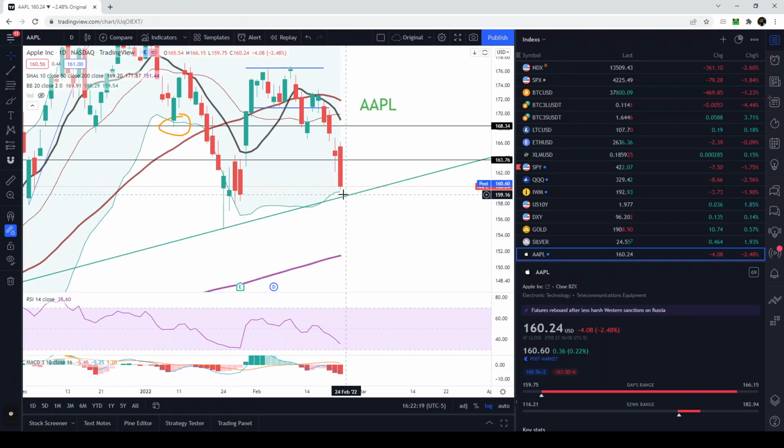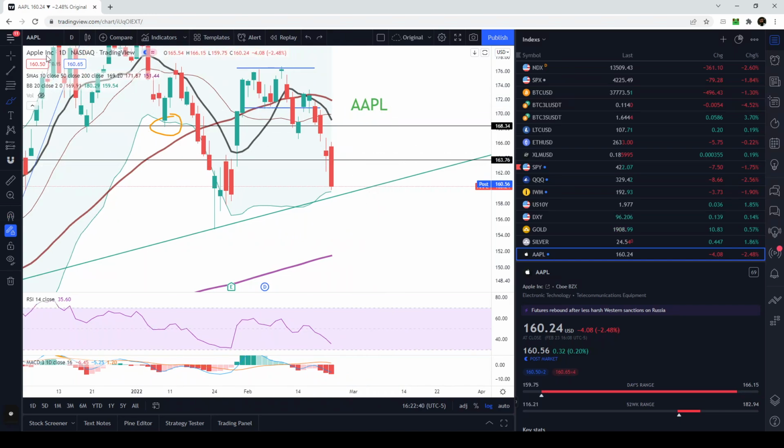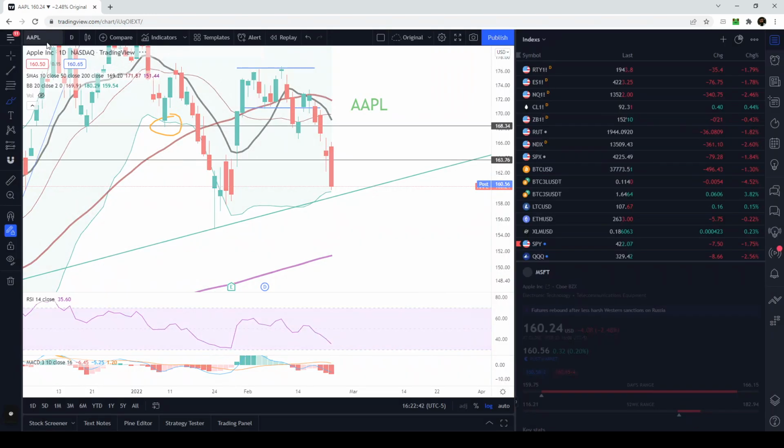So essentially a very, very important level of support for Apple tomorrow is going to be 159. If 159 breaks, you can essentially go short for a day trade. And we're going to be looking at this trend line. If we break down below, a break back above on Apple is going to signal bullish momentum. All right, so Apple still showing more downside momentum. Microsoft,